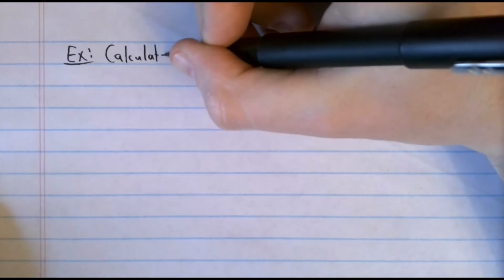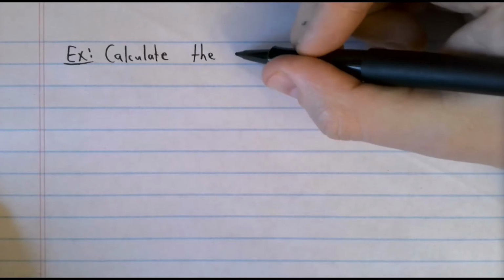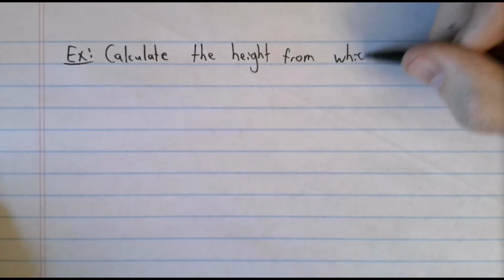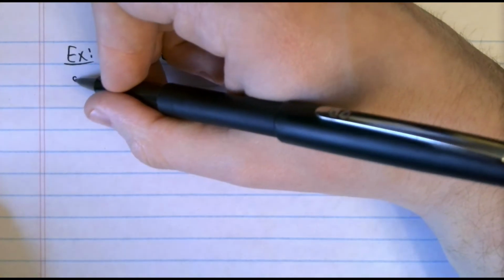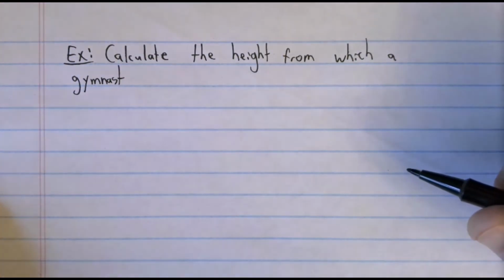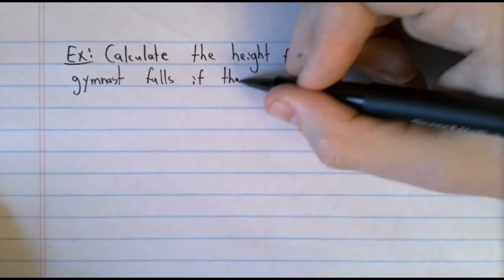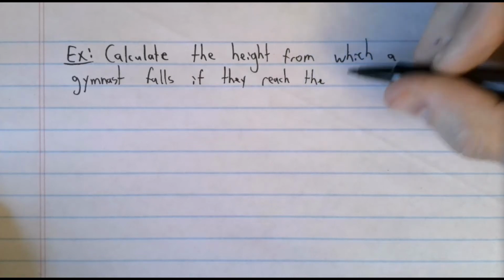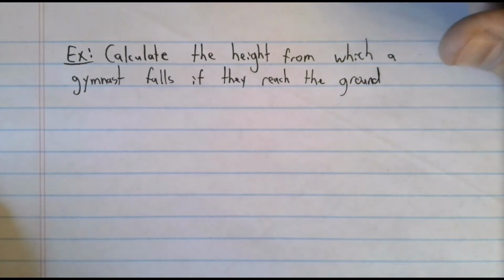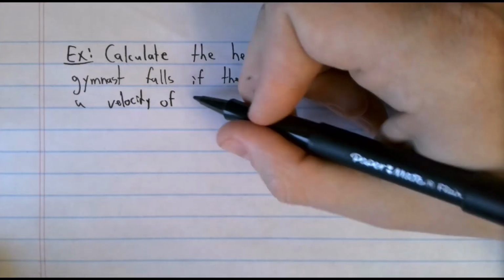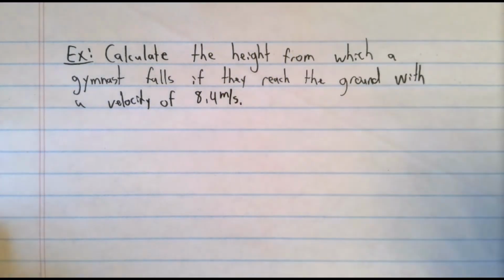Here we go. Trying to keep this one brief. Calculate the height from which a gymnast falls if they reach the ground with a velocity of 8.4 meters per second. Now, if you're familiar with the conservation of energy, you could use the conservation of energy